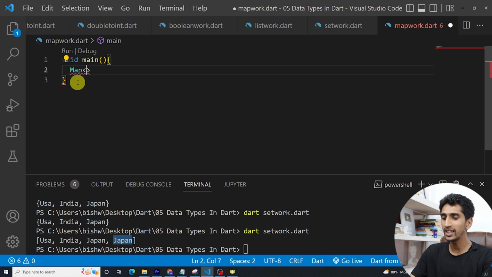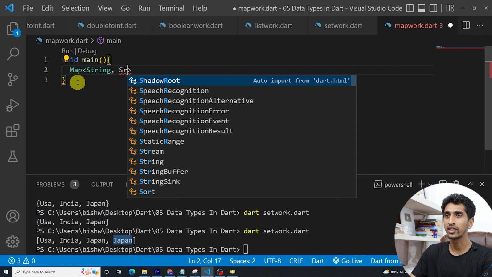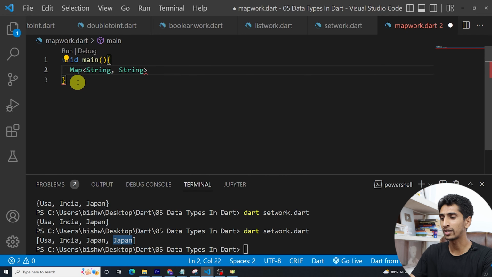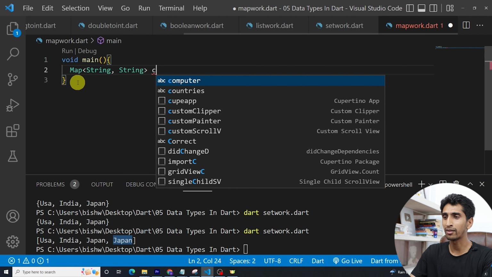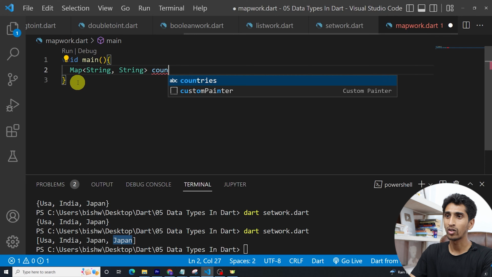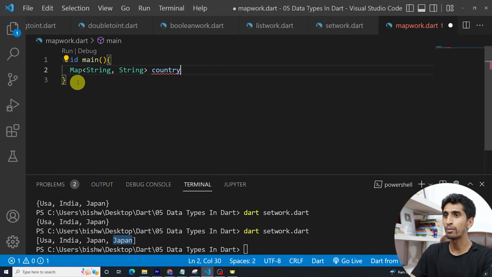I am storing the key as a string and the values as strings. You can also write another type like integer. Then you can name it anything. For example, I am writing countryCapital